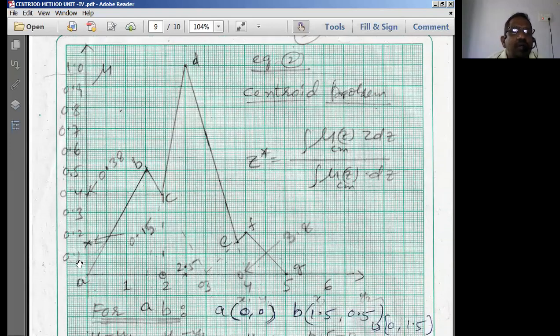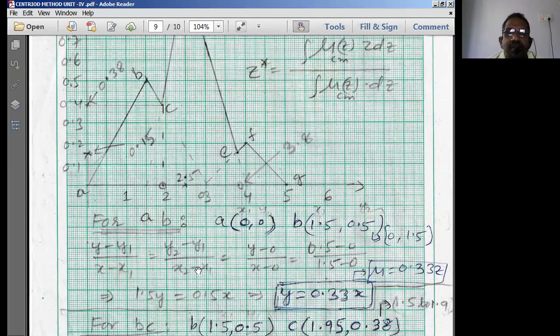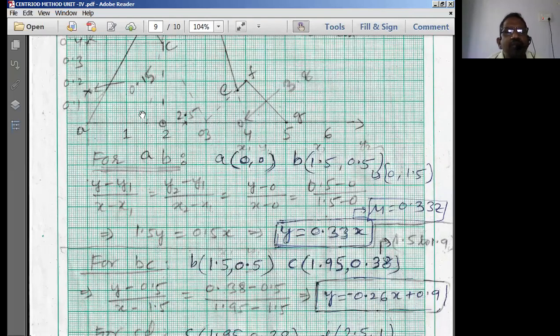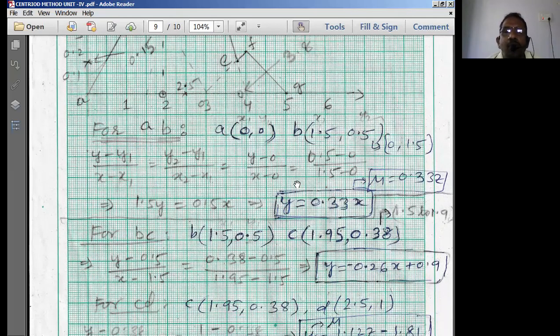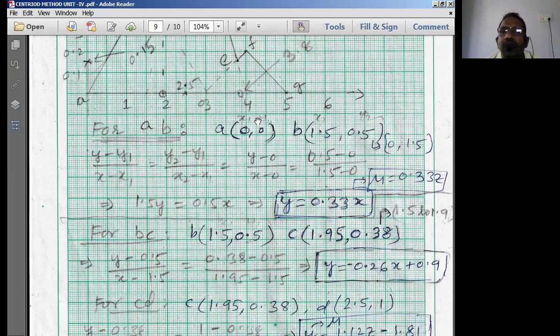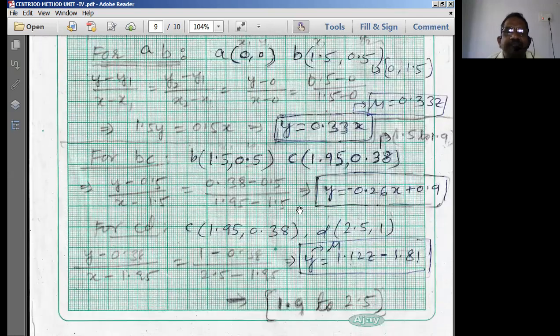You can do 2 units equal to 0.1. So it's up to us, but that much is not required. I have taken every unit equal to 0.1 here in this graph. Whatever units you take, the end result of y equal to 0.33x would definitely be the same, and the limits and points are also going to be the same. Only the scale is either going to get enlarged or diminished, depending on the scale you consider here.